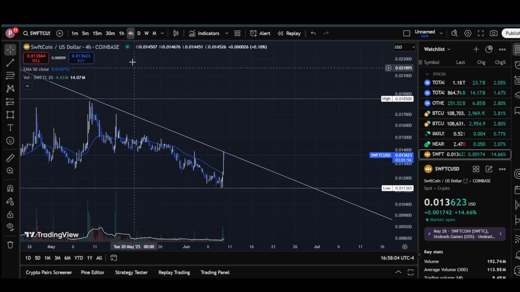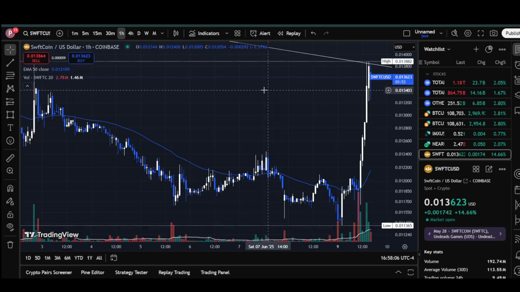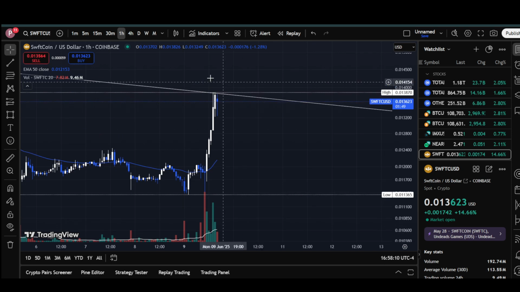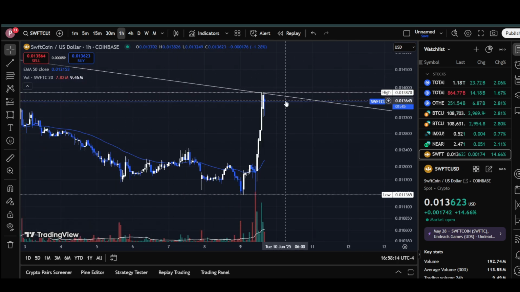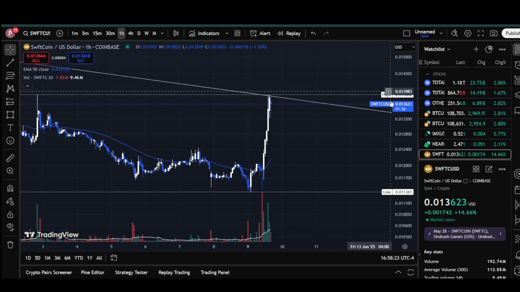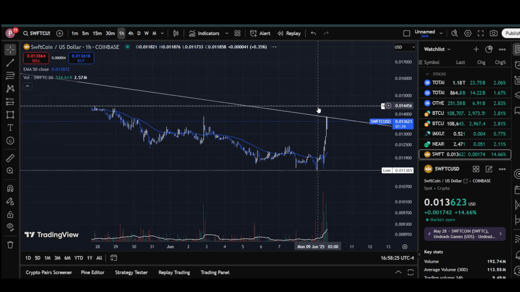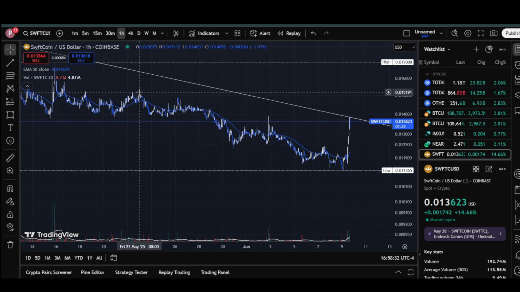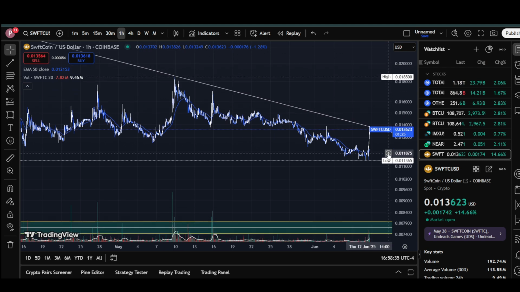As you can see, this is a massive volume. If you look here, this is a perfect retest, or you can say a perfect attempt to break this downtrend. And again, there were a lot of sellers waiting to sell here, but it seems like it is ready to break from here. So if it is able to break out from here, I think we can go as high as 1.5 cent. This also seems to be a pretty good demand zone,